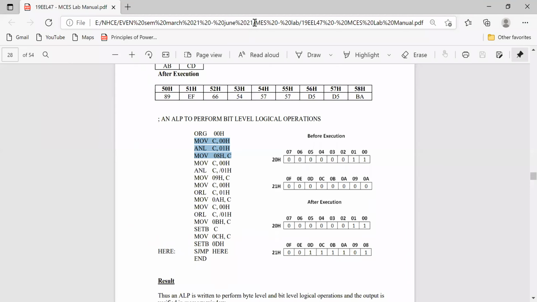In a similar way, we have another set of instructions that I will highlight now. What they are doing is, first, from this location, the data is moved to carry. Now carry is 1. Then the carry is ANDed with the complement of 01H.